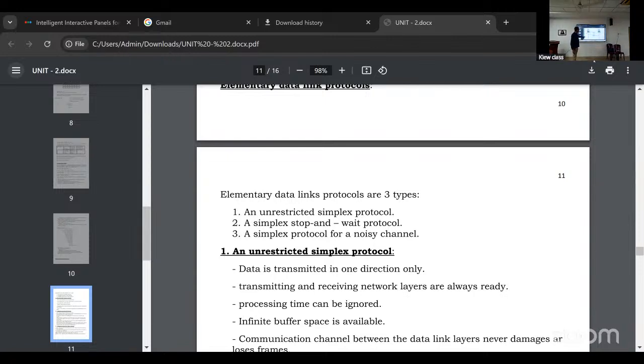Here, last, the acknowledgement. The sender sends the frame to the receiver. The receiver gives the acknowledgement. So when the acknowledgement is lost, within a time we cannot receive the acknowledgement. The sender again retransmits. Then they give the acknowledgement. So this is the stop and wait protocol. The stop and wait protocol can transmit 2 frames, either 0 or 1. If the data is transmitted successfully, we need to get the acknowledgement.